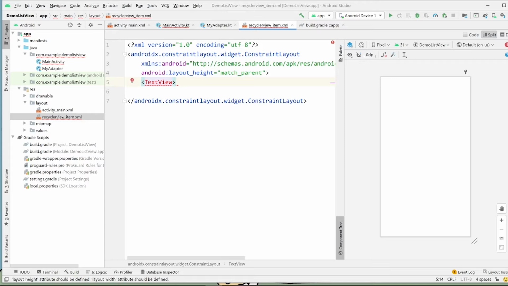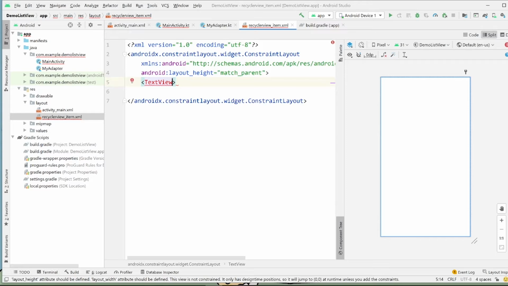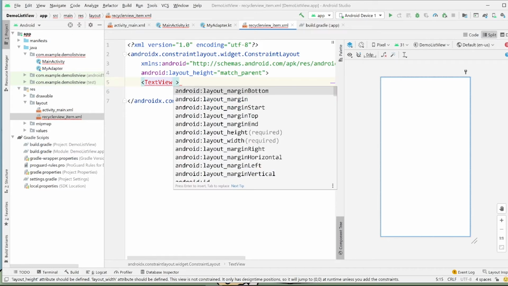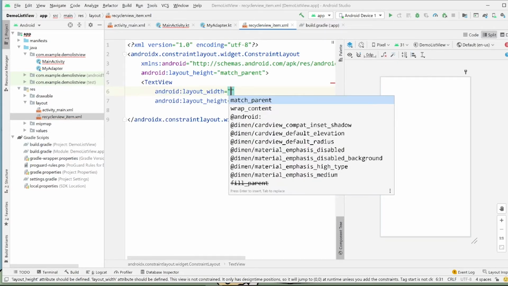Since we only have a bunch of fruit in this case, I'm just going to use a TextView in each of the items. But generally for RecyclerView, you will have more complicated designs, such as images, or even buttons, checkboxes, a lot of things. If you just have fruit, only string values, using a ListView is probably a better idea. We're going to be doing that too after the RecyclerView demo.